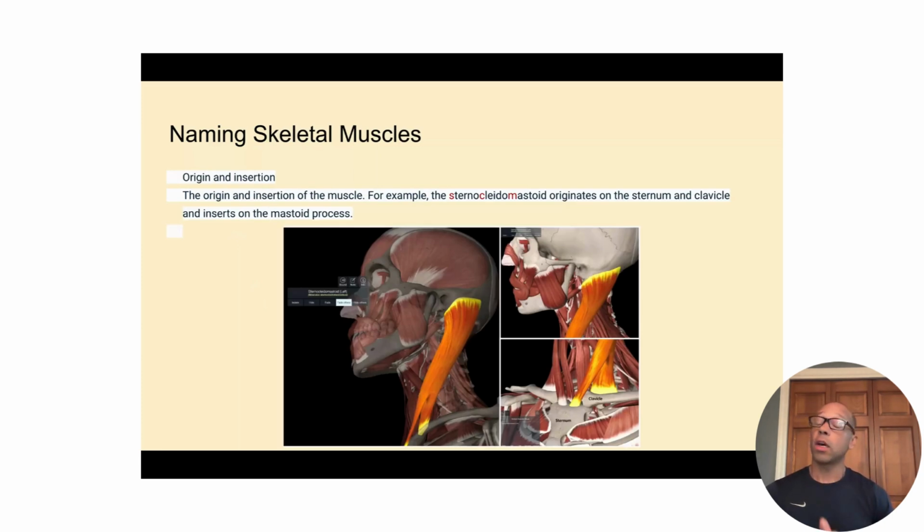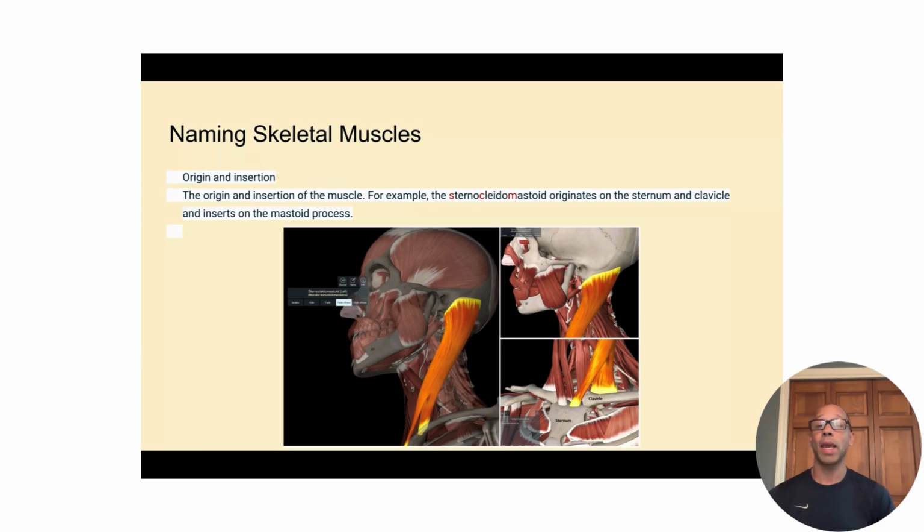And then these can also be classified via their origin and insertion. What I mean by this is where these muscles are coming from will be in the actual name of the muscle. So this one has three different locations. This is our SCM, a big muscle of the neck here. It says three places that it either comes from or attaches to. So it's the SCM, the